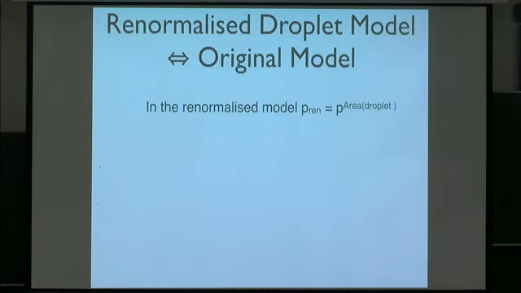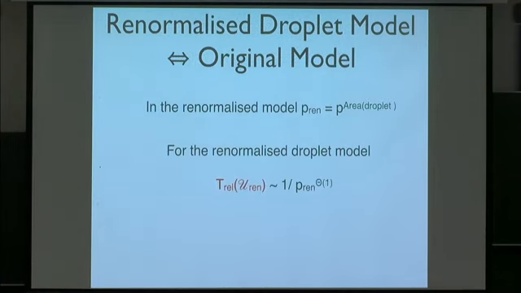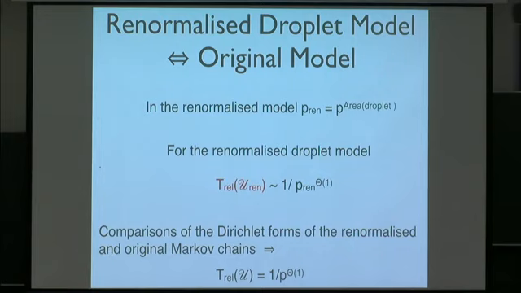For this last model, we know the relaxation time, and we can compute an effective value of p for the renormalized model. By comparison of the two Markov chains, where comparison means the canonical way to compare reversible chains with the same reversible measure, by comparing the Dirichlet forms, we get that the relaxation time of the original model is also polynomial in